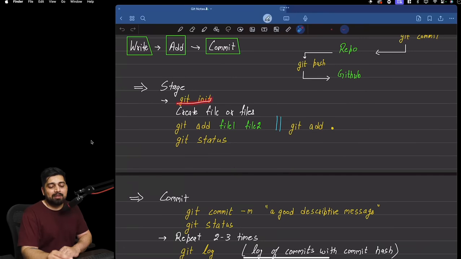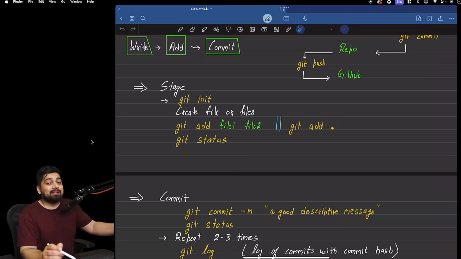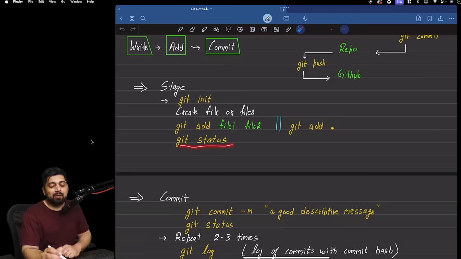So whenever we do a Git initialization, that's the start of our software. That start, keep track of it. Then simply go ahead and create files, whatever the file syntax and everything are there. You can just use files like git add file1 and file2, or optionally you can use git add dot. Dot simply means here that add everything that I have, no matter what sensitive files are, not sensitive files, just add everything. Then when we simply go ahead and check the Git status, it gave me a status report